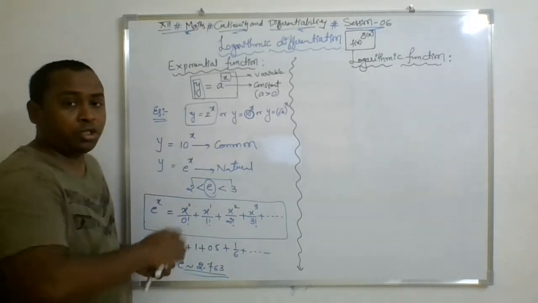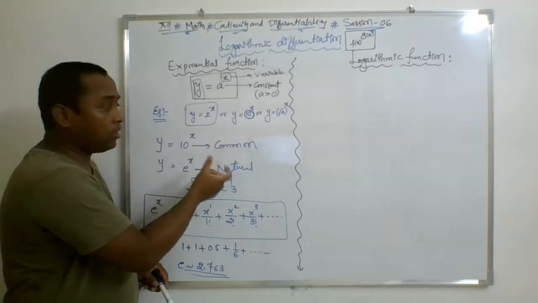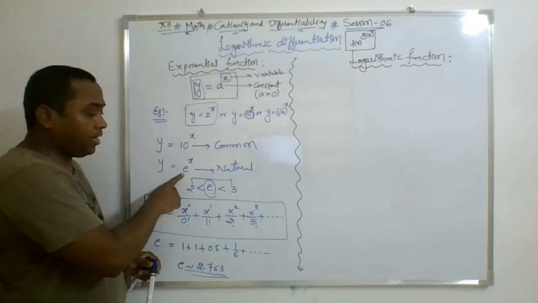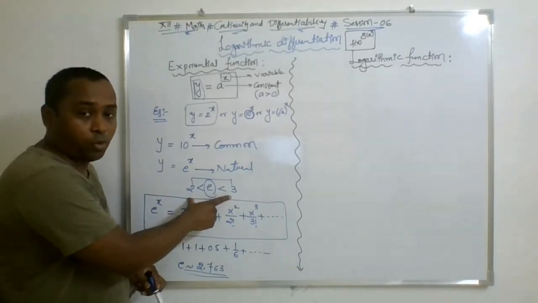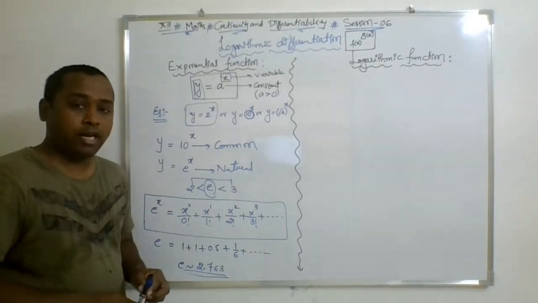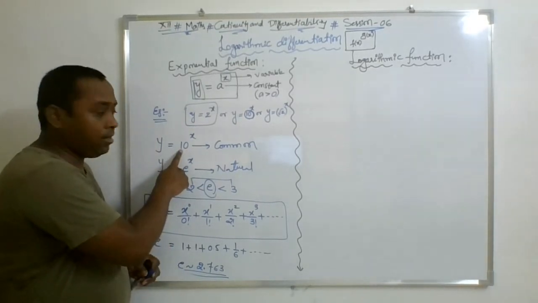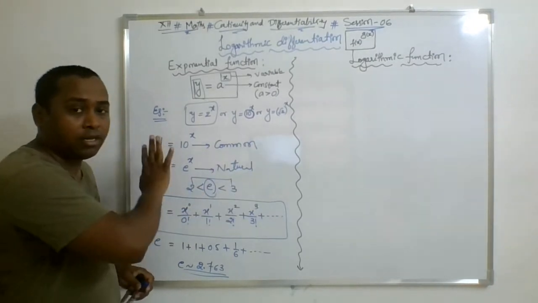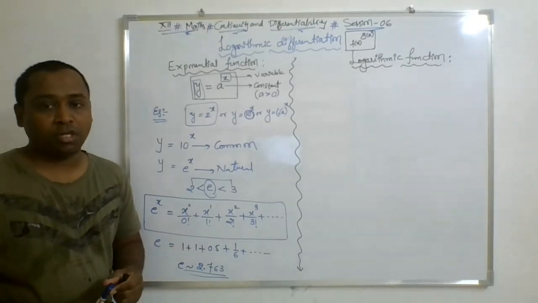So in exponential functions, the base is a positive real number. Instead of taking simple numbers, if I take e as a base, whose value lies between 2 and 3, then this exponential function is called the natural exponential function. And if you take the base as 10, it's called the common exponential function. These are the special names. For the rest of the constants, you can commonly say it is simply an exponential function.